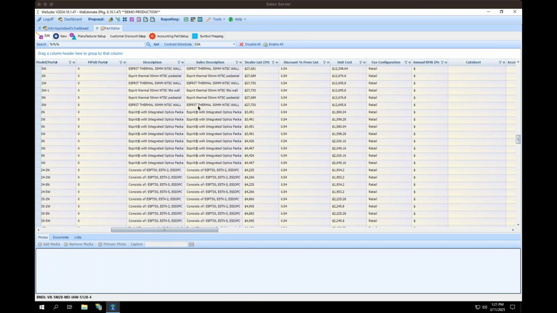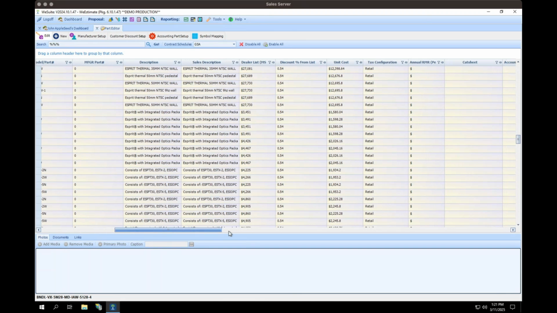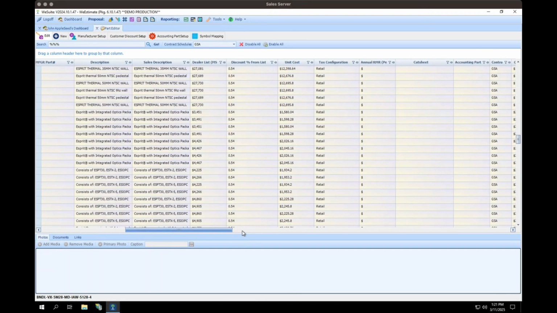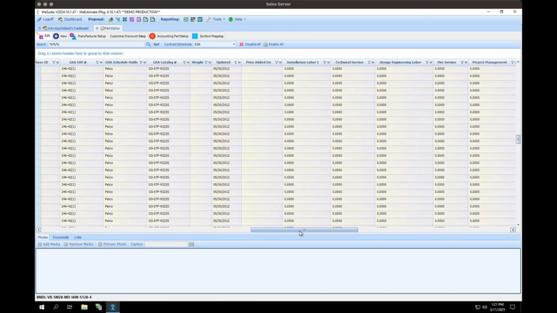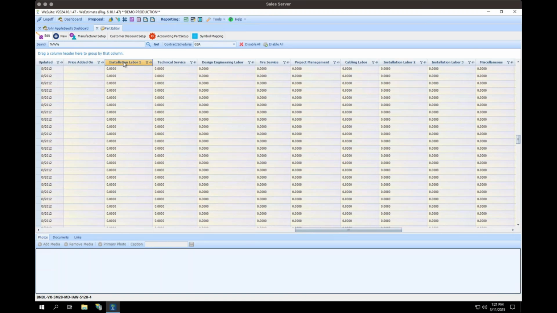Oh, one other thing, sorry, before I move on. If you were to scroll all the way to the left, you'll notice that there are your labor categories. So you can edit and add labor per part based off of what you've seen. So it comes in standard when you're dragging that part into an estimate. Okay, the next thing here is,